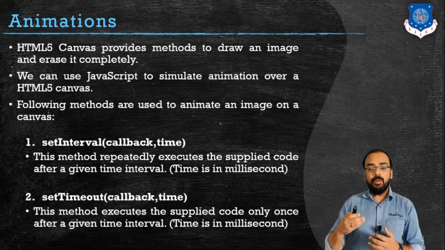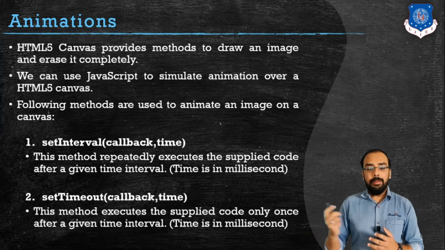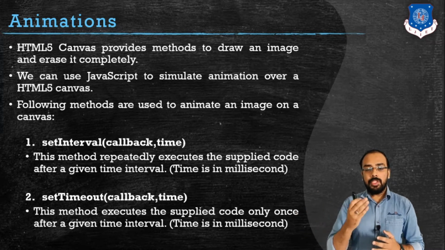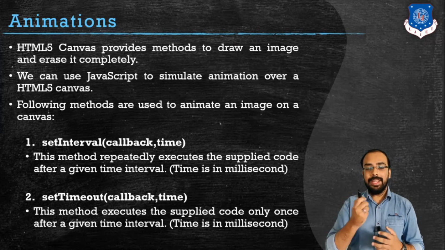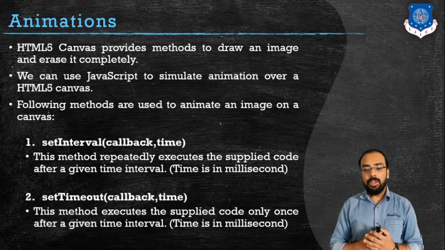Let us understand what the use of the method setInterval is. This method takes two parameters. The first is callback and the second is time. For the first parameter, callback, we usually declare a function, or we directly invoke a function, that will get executed based on the time you have specified. So this function, or the code that you are going to use, will be executed repeatedly based on the time you have provided. But we need to note that the time should be in milliseconds.